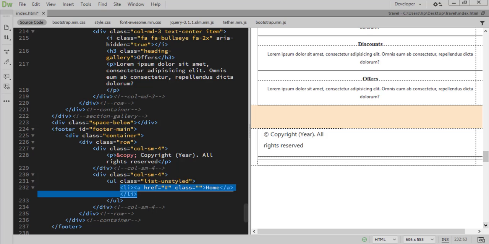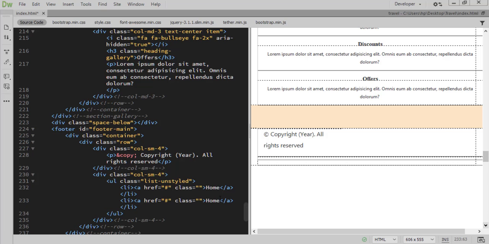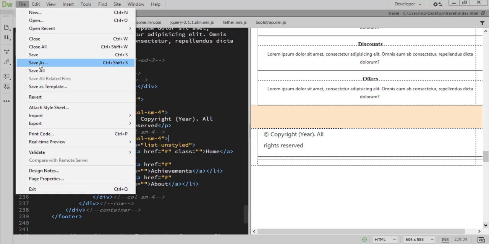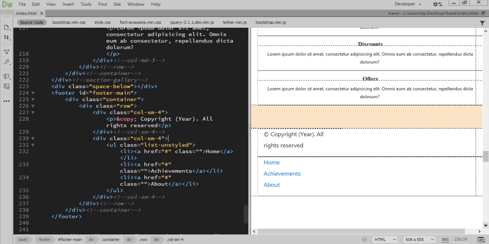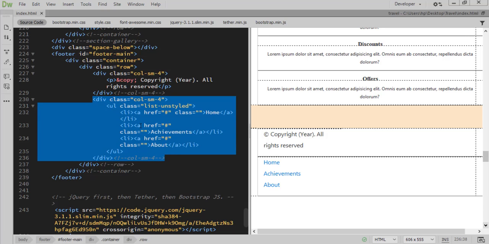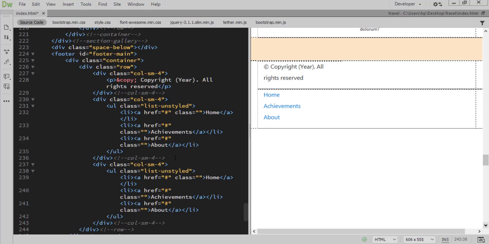Now if I copy this and paste it a second time and change this to achievements, then after pasting it a third time, this time we will say it is about. So we have three list items. Let's save this, and this column SM4, let's copy the entire column and paste it again and retain the list-unstyled items,